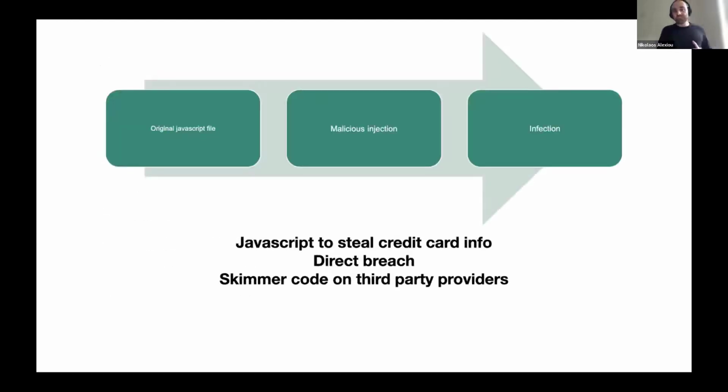So let's make a quick summary of what we discussed so far. These attacks happen through JavaScript. That's the main path, the means to deliver the attack. They might go through a platform that the web shop is being built on, finding very exploitable problems there and then affecting thousands of websites, or they might go directly for